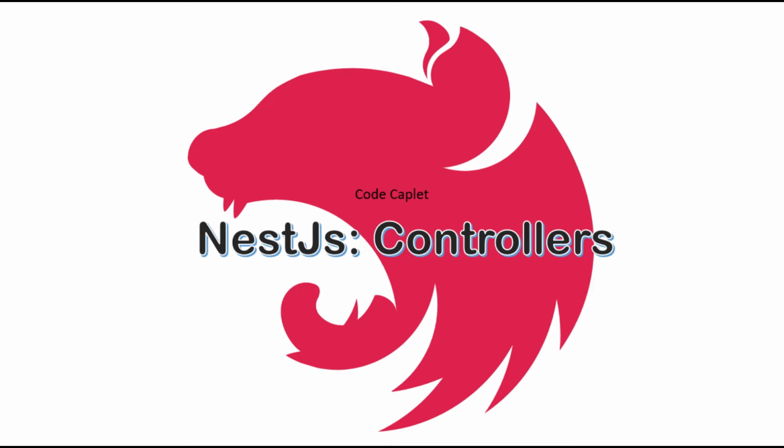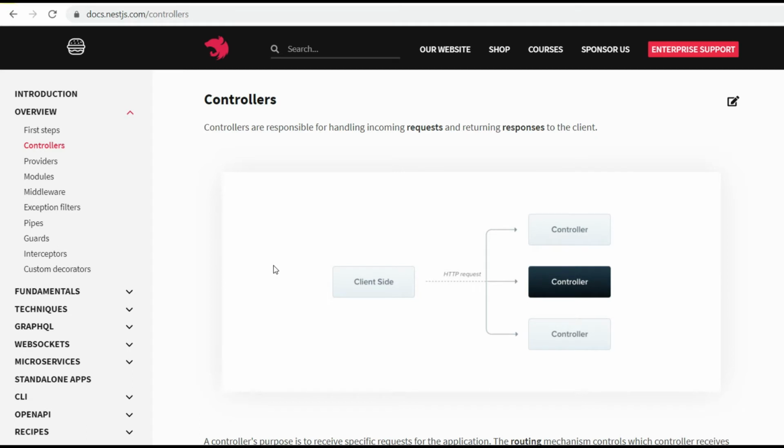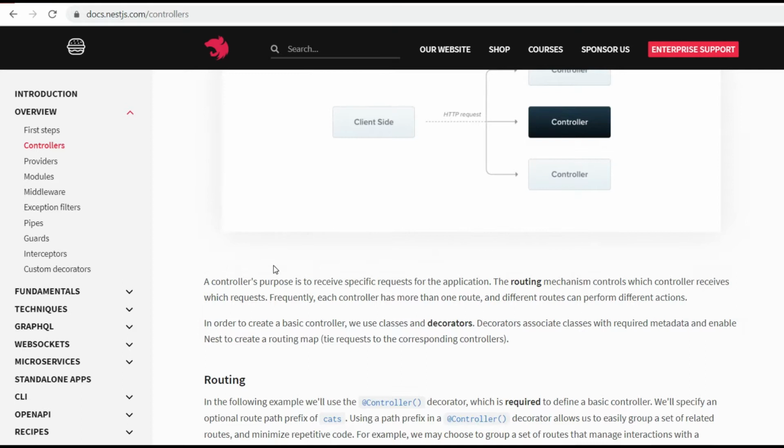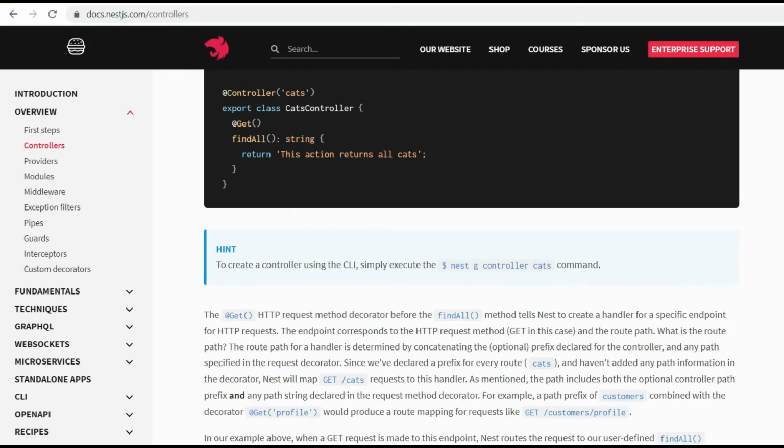So let's get started. Controllers are responsible for handling incoming requests and returning responses to the client. Nest.js binds the HTTP request with the corresponding controllers in the app with the help of routing. And Express.js makes the params, queries, request, response, body and headers available to the handler method. To create Nest.js controllers, we must decorate our classes with @Controller, and to create route handlers, we must decorate our handler methods with @Get, @Post, @Put, etc.